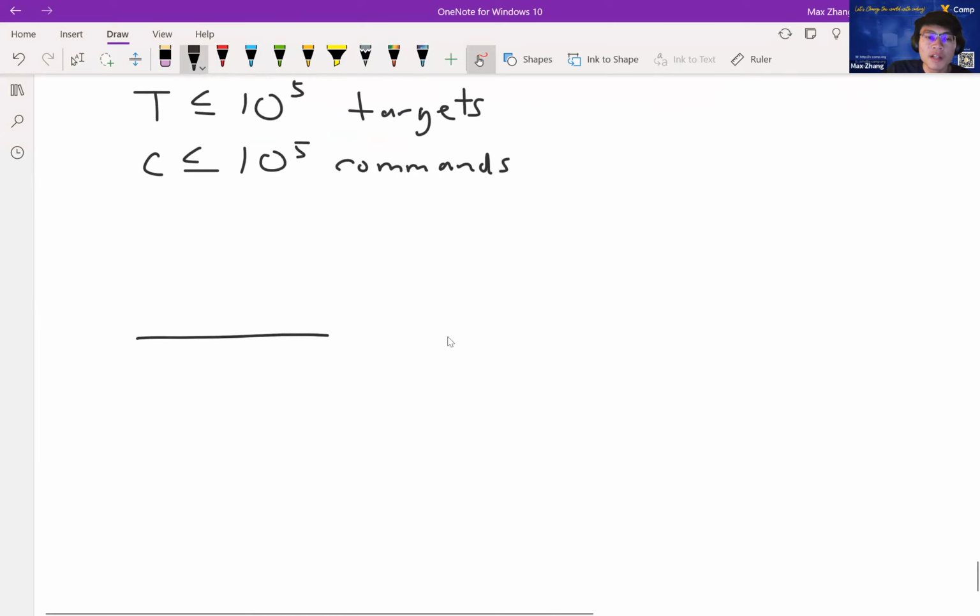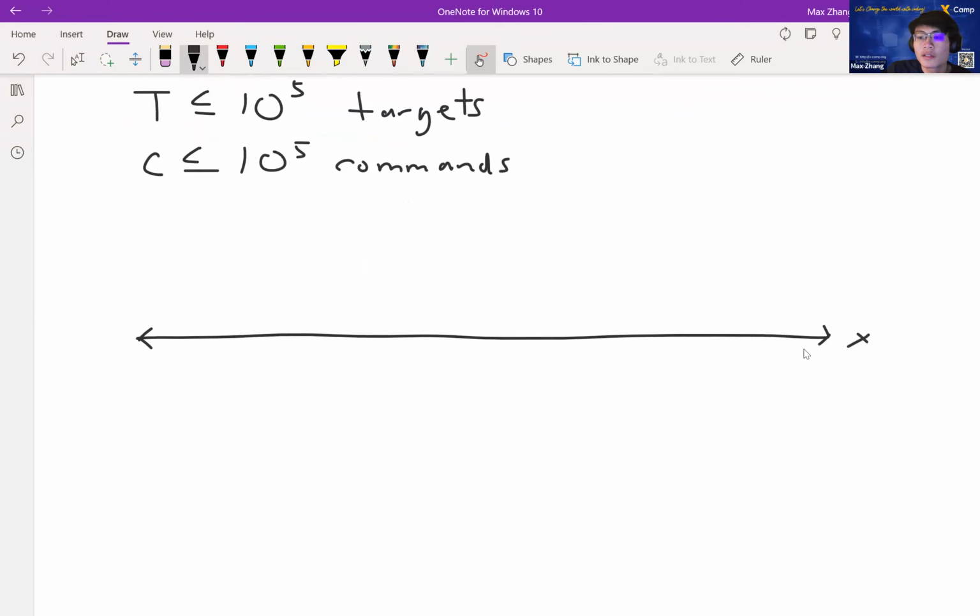So we have a number line. You initially start at position 0, and then you go through all the commands one by one. You have a string of commands you go through. Each one can be one of 3 options: F, L, or R. L and R just mean that you move 1 to the left or 1 to the right. And F means that you fire